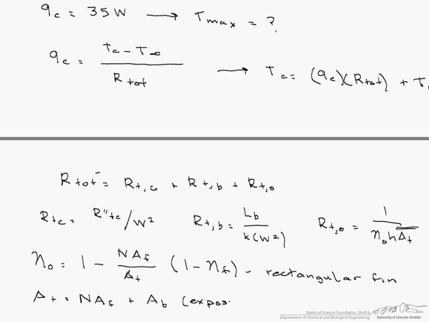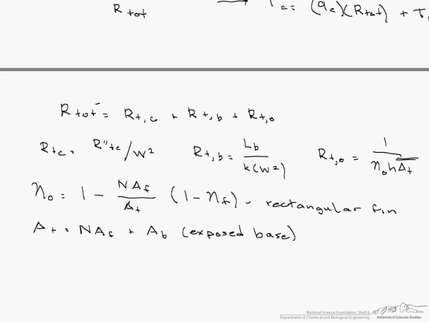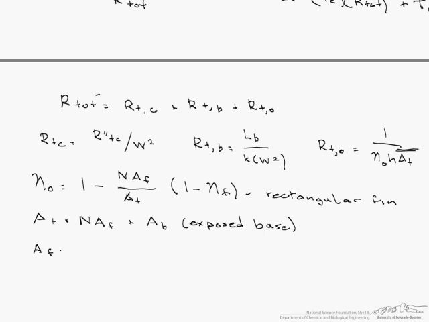In other words, we have to subtract from the area of the base the area that the fins themselves take up. The area of the fin is 2 times W times the corrected length of a fin, and the corrected length of a fin is L plus the thickness divided by 2,